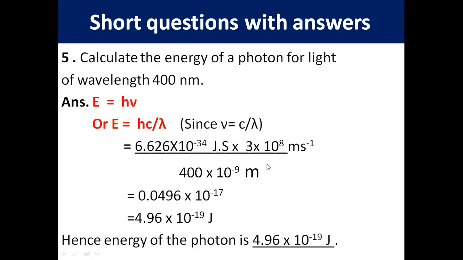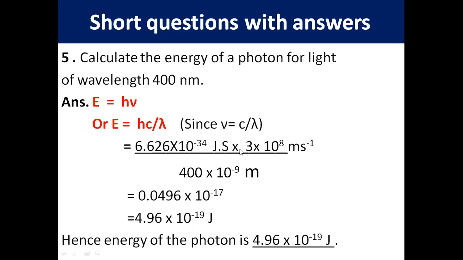Question number 5. Calculate the energy of a photon for light of wavelength 400 nanometer. Here we have to calculate the energy of a photon. As we know, the energy of one quantum or photon E is equal to h nu, and in place of nu we can write c by lambda. So the equation becomes E is equal to h into c by lambda, and h is the Planck's constant,